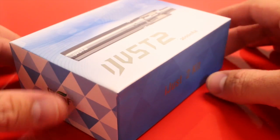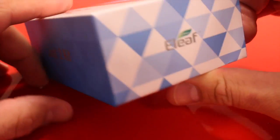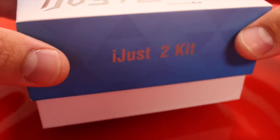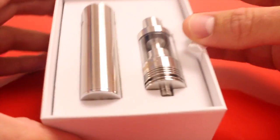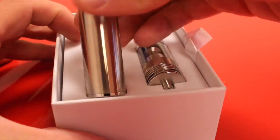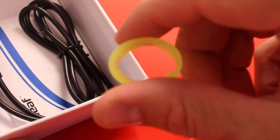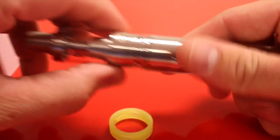So here's the box that the iJust 2 comes in, the iJust 2 kit. Let's go ahead and open her up. Here we see we got our battery, we got our tank. And inside the box we have our USB charging cable and this little O-ring that doubles as your airflow adjusting. So what we do is we take our tank,